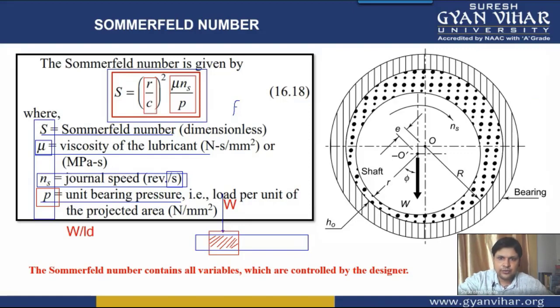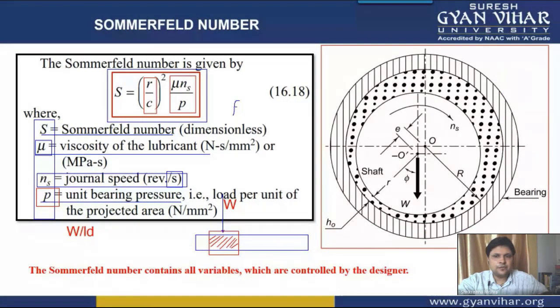Now, as I have told you, this diagram I have already explained. This is the side view, the cross-sectional view of a journal and the bearing, in which you can see there is a clearance space. These black dots are the lubricant. This is the clearance between the journal and the bearing, and in this vacant space the lubricant is filled. There is a difference in the diameter of the journal and the bearing in order to accommodate the lubricant. There is a gap between the centers of the two, and that gap is known as eccentricity.